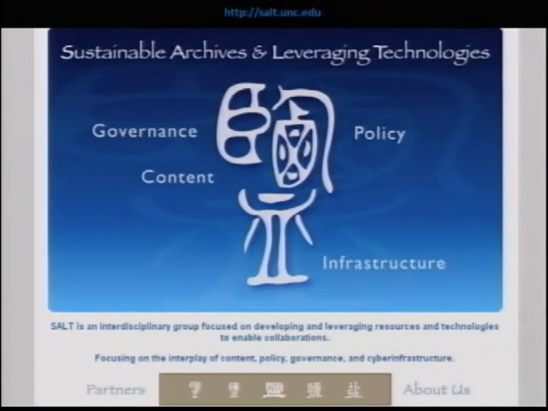And what you have on the governance side is the head and shoulders of an imperial Chinese officer. So what you essentially see here, and this is my metaphor for digital preservation. It's salt as in a process of curing and preserving, which is still used.